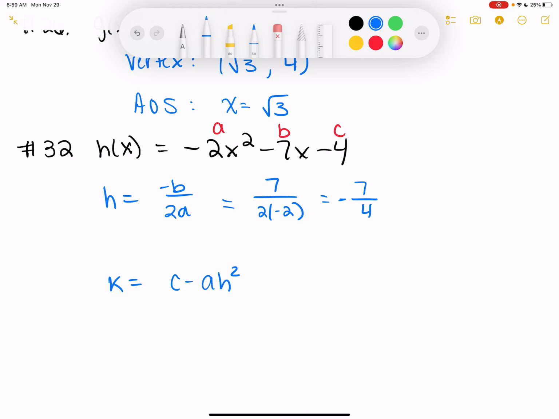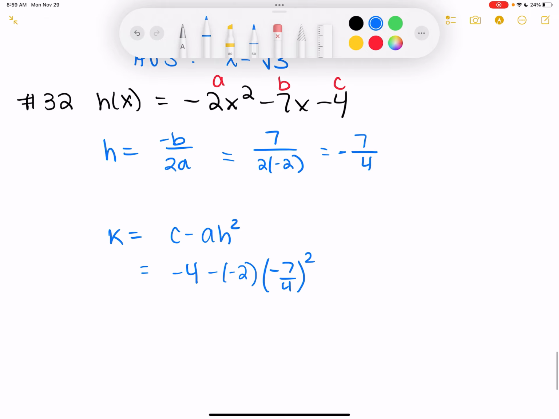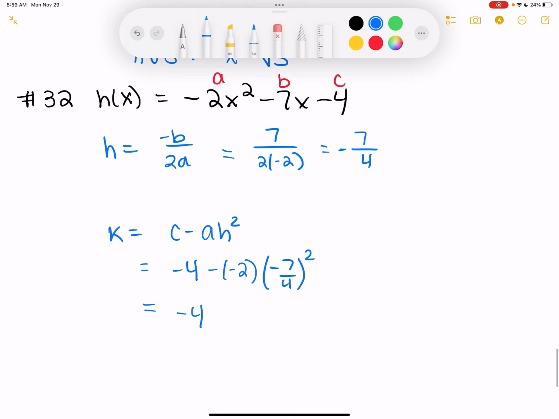Alright, and then k, we've got -4 minus -2 times h squared. So you always have to do h first. So (-7/4) squared. Yay. So -4 plus 2 times